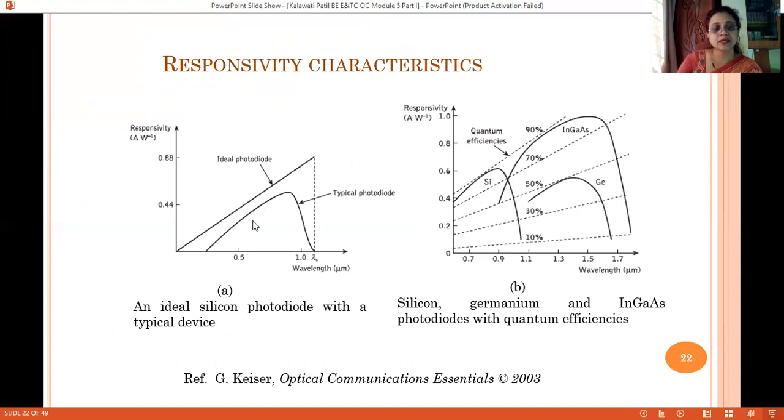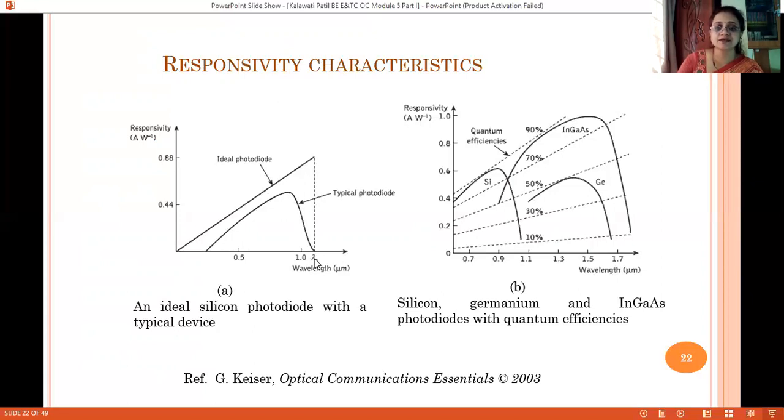But if you look at the responsivity plot for a typical practical photodiode, we find a different behavior. At the start, with increasing wavelength, yes, it is increasing linearly, but after a certain point it starts falling down and rolls down to zero, becoming almost negligible after a particular frequency.